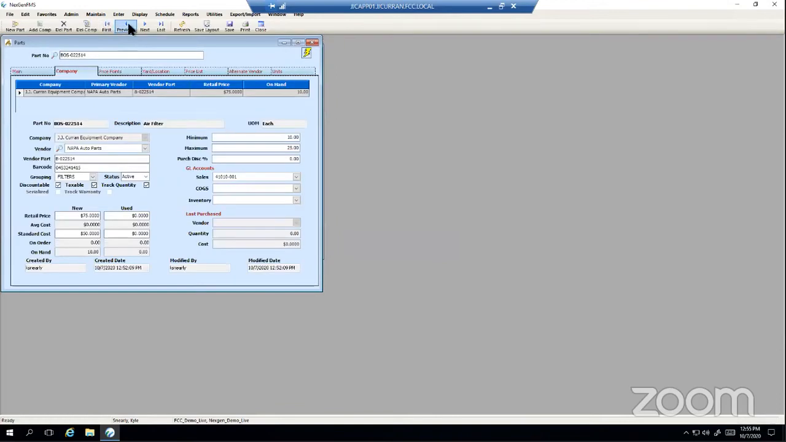Close out of this. Refresh my part here. Now you can see I've got an average cost of $45 for those 10 parts. Again, the standard cost is just for reference, doesn't do anything, doesn't go anywhere. And my retail price of $75. And just to illustrate what that looks like on a purchase order,